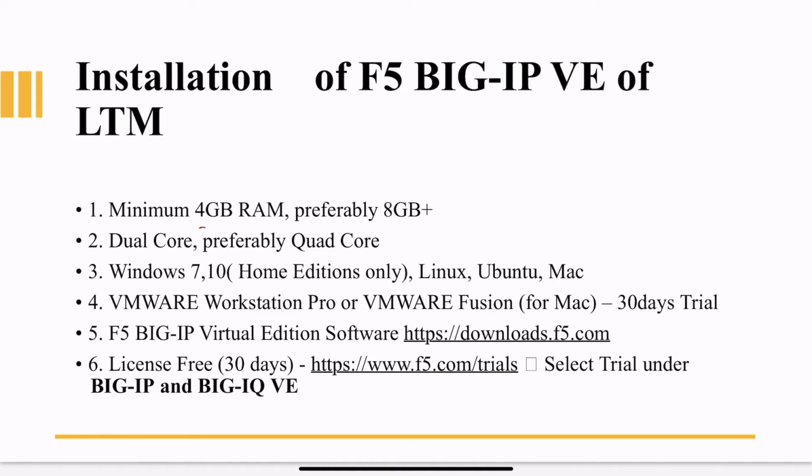Actually, what happened, Windows introduced some updates in October 2019. After that, this Big IP started giving errors. How? Actually, we need VMware Workstation. VMware Workstation is software that we need to install on Windows to be able to run this Big IP software. But the moment we start this Big IP software or operating system, it says that VMware is incompatible with Hyper-V. Hyper-V is Microsoft's own virtual environment.